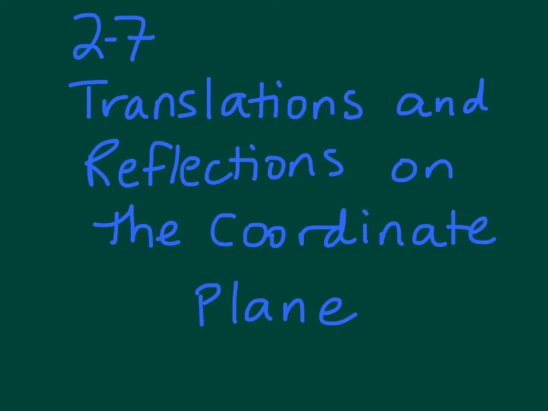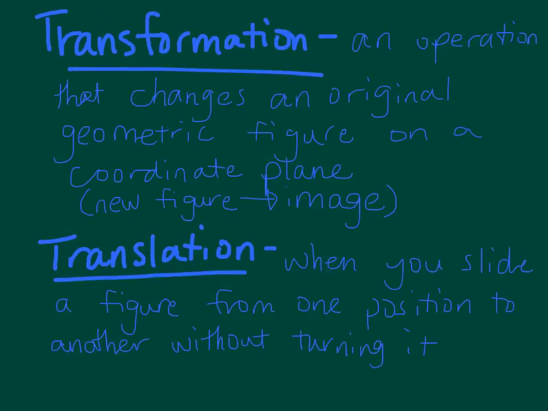Chapter 2, Lesson 7, on translations and reflections on the coordinate plane. Okay, the first thing we want to look at is, what is a transformation? A transformation is just an operation that changes an original geometric figure on the coordinate plane. So somehow there's a figure on there and somehow it gets changed, and that new figure is called the image